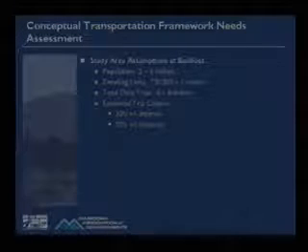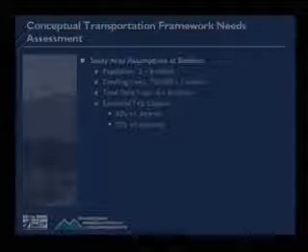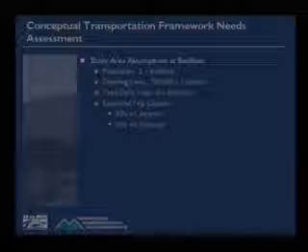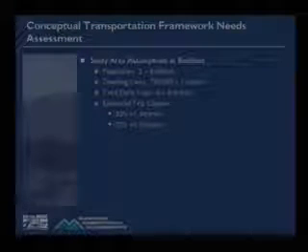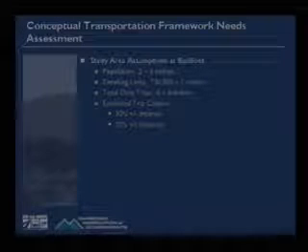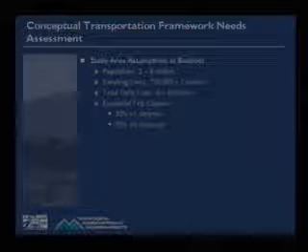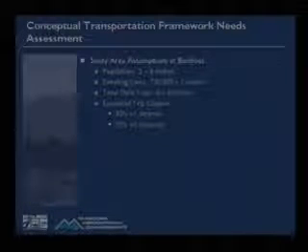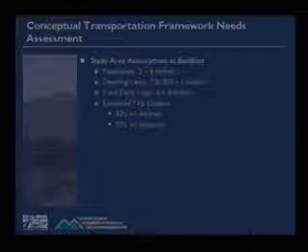And so what we've done is what we call a build-out situation, where we said, okay, all the development that's been entitled in the Hassayampa Valley, in Goodyear, Surprise, Buckeye, Maricopa County, what kind of demand are we actually looking at? And these are the figures that we're coming up with. A population of between 2 and 3 million people, almost 1 million dwelling units. Now you translate that into trips, that's about 8 million trips a day.